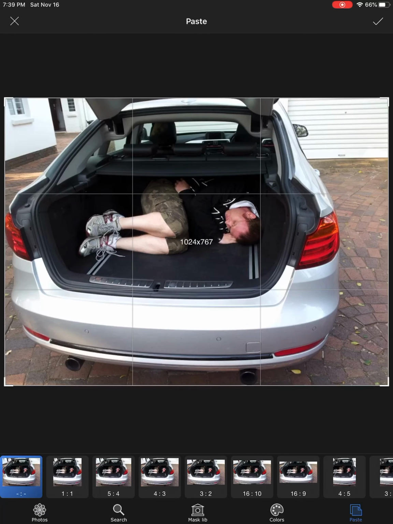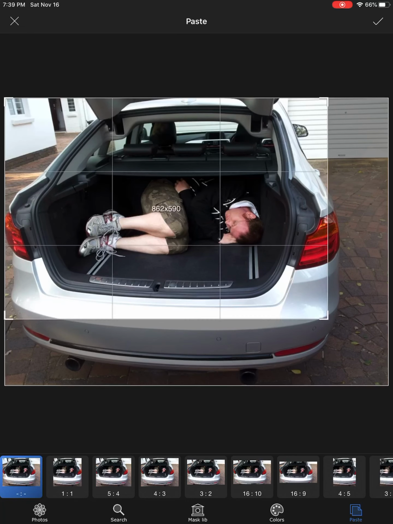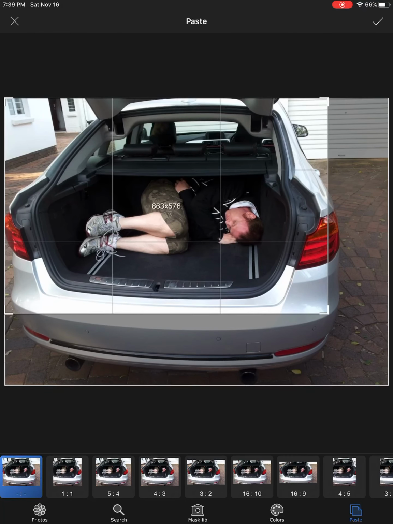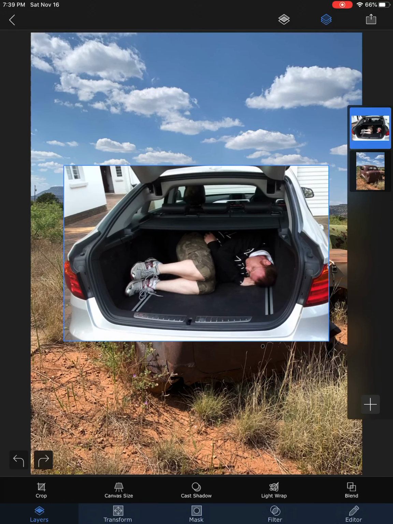So I've got the body in the trunk. I'm going to reduce the image a little bit and crop it out because I don't even need most of it. So I've got that thing here. Now the next thing I want to do is mask out the trunk. So I click on mask,